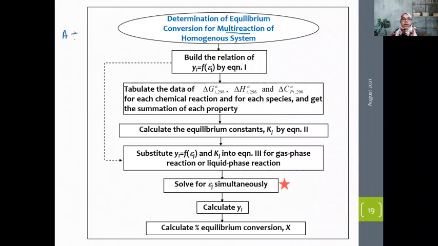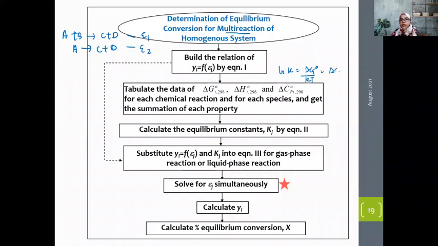For multi-reaction, for example, we have A plus B equal to C plus D, and another reaction, A equal to C plus D. So we have two reactions. The first step is to build up the relation of the mole fraction to the conversion. And then after that, tabulate the data using the equation of ln K equal to delta G over RT,